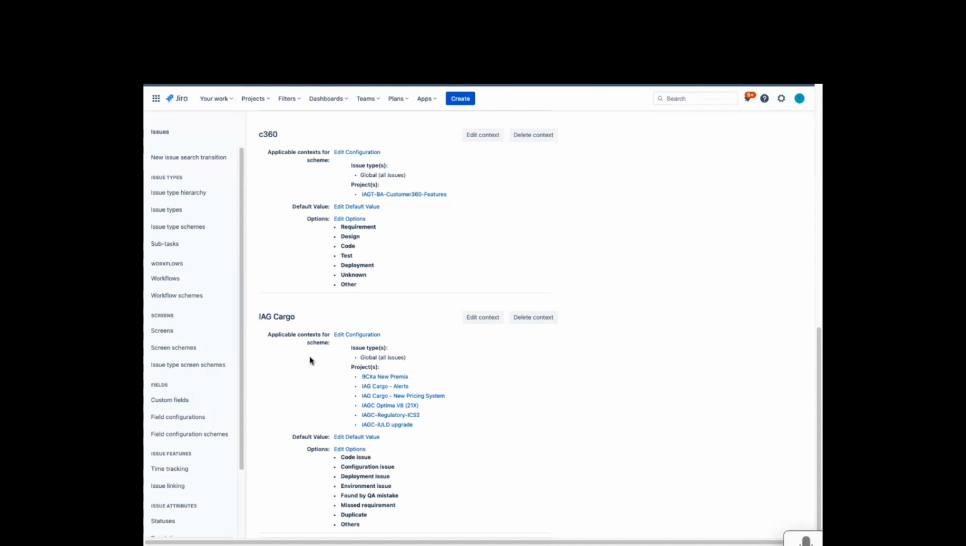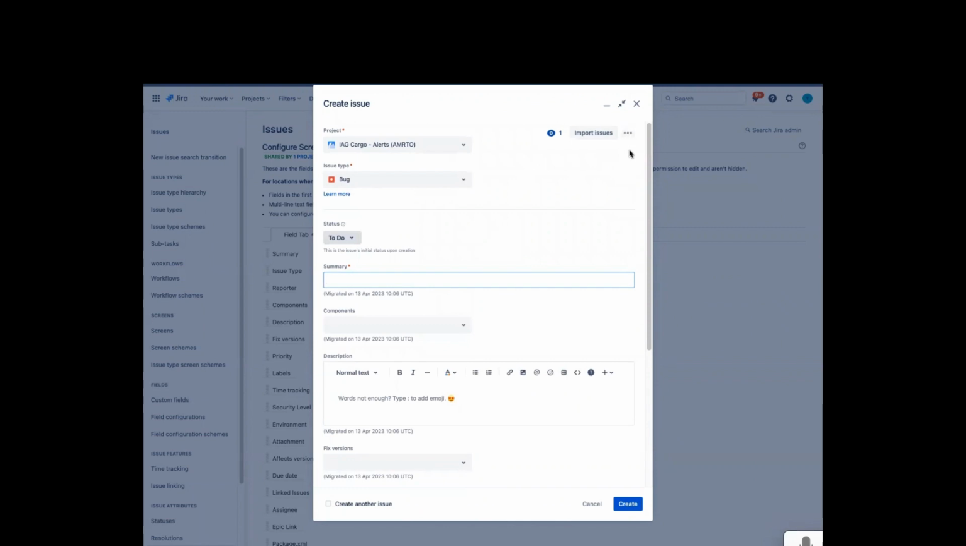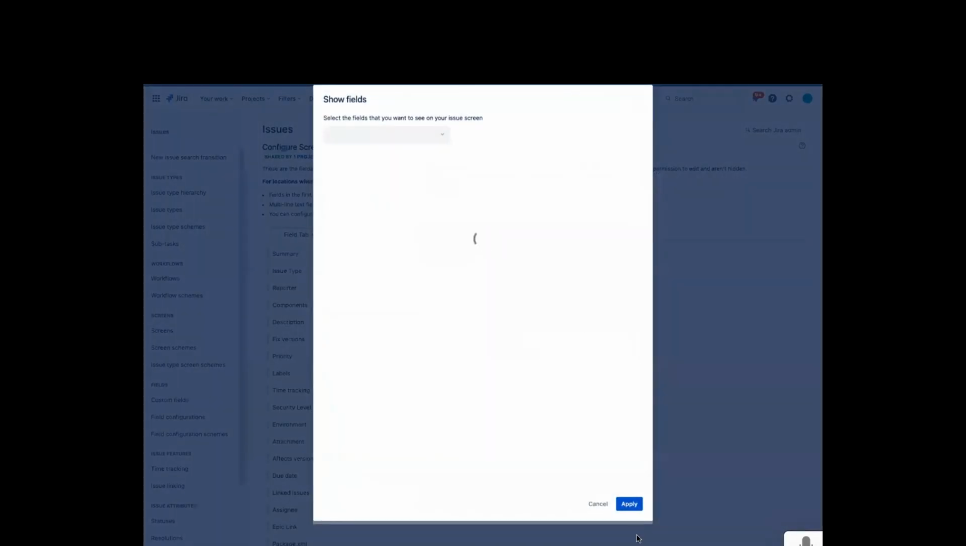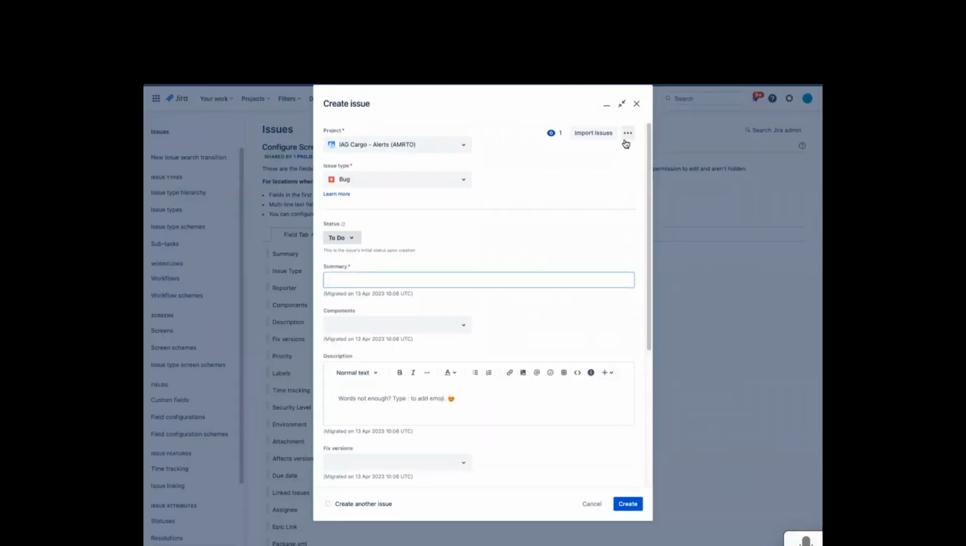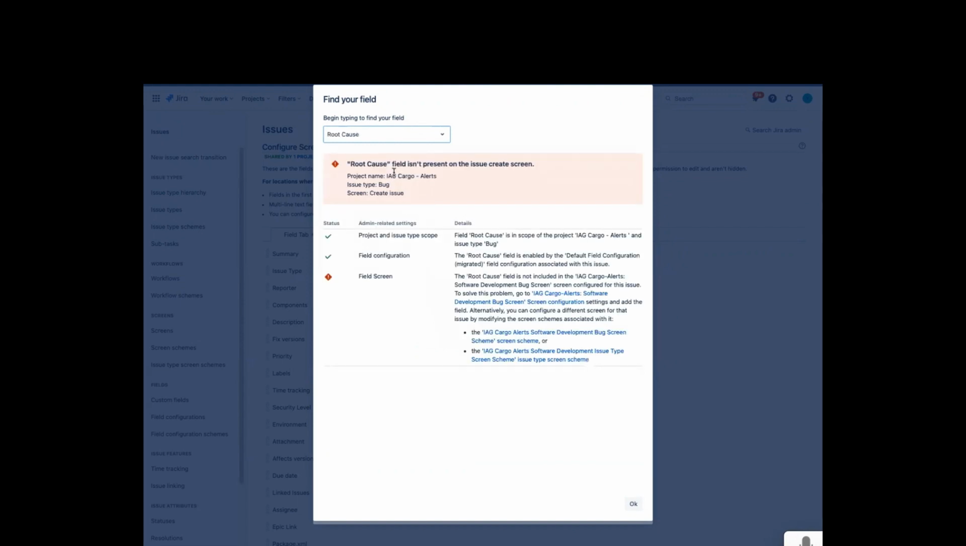Okay, so let's go back to your screens again. And then is there a way for you to go to your config? Yeah. So click on the dot, show field, find your field. No, you need to click on show. And then type in root cause. It looks like it's the second one we chose the other time. Type it in, and then let's see. So you can see